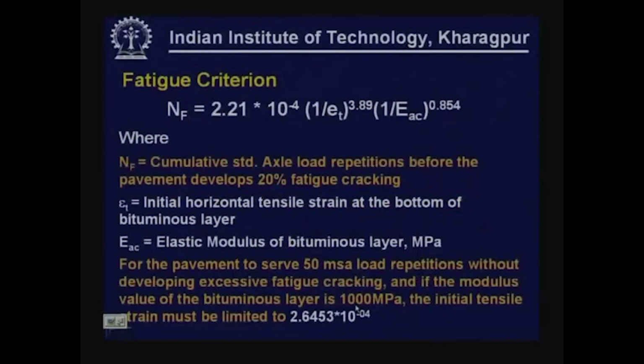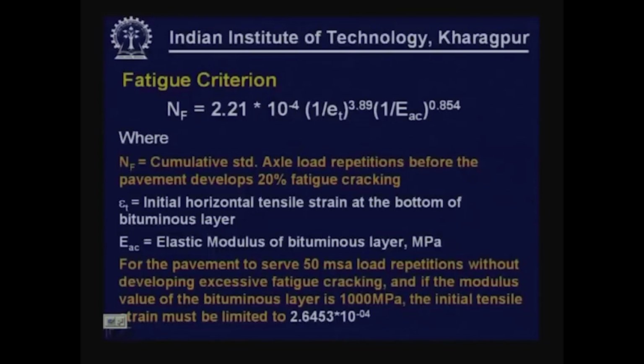Similarly, fatigue criteria, NF is given as 2.21 into 10 to the power minus 4 into 1 by epsilon t to the power 3.89 into 1 by modulus value of asphalt concrete to the power 0.854, where NF is the cumulative standard axle load repetitions before the pavement develops 20% fatigue cracking, and epsilon t is the initial horizontal tensile strain at the bottom of bituminous layer, because we already identified epsilon t is the parameter that